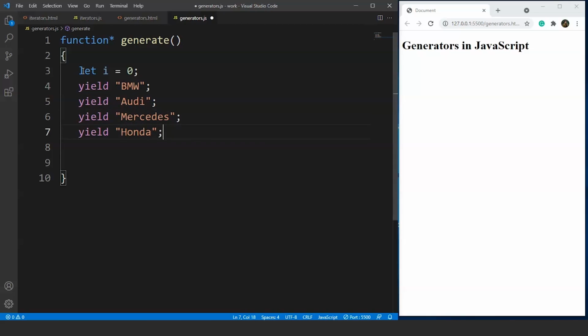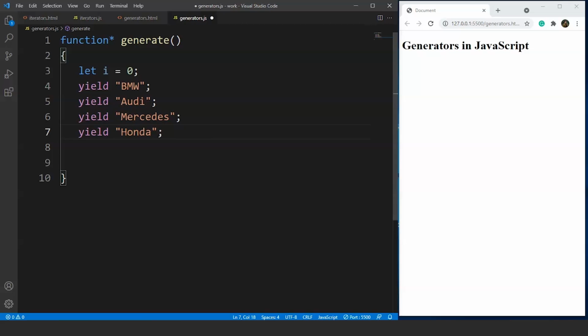Fine. So let's assume that these are the array elements, the elements present inside an array. Now the yield keyword is used to stop the generator function, and it returns the value following it. Think of it as a return that is generator based. It returns the value to the user upon calling the generator function.